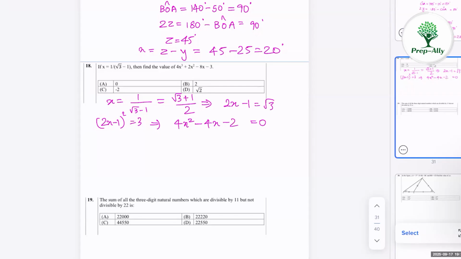Now, if we divide this polynomial, 4x³ + 2x² − 8x − 3, by this, we have